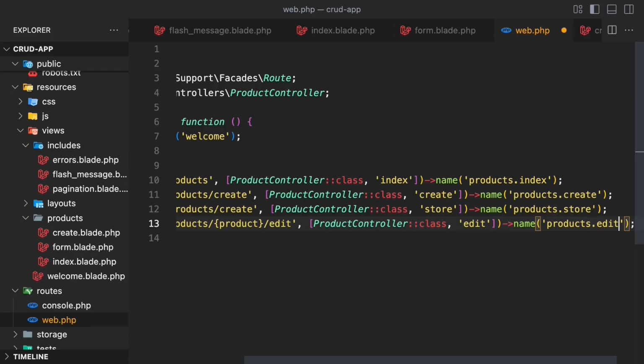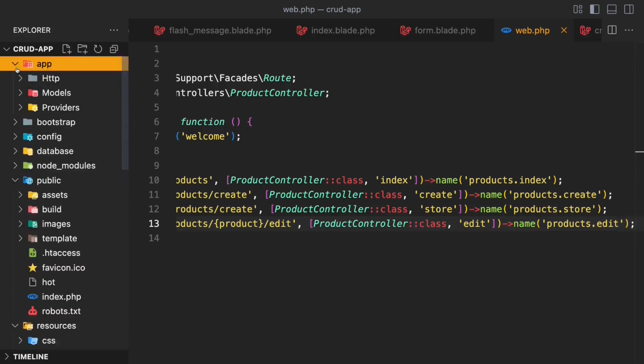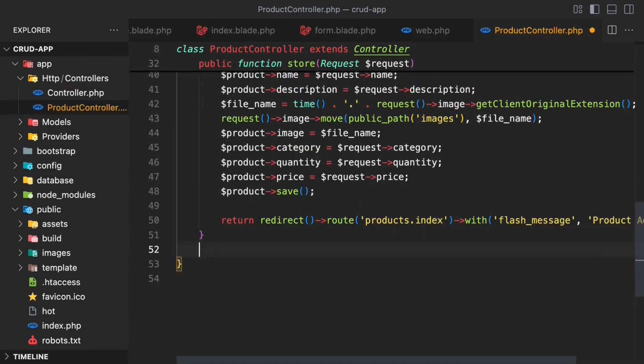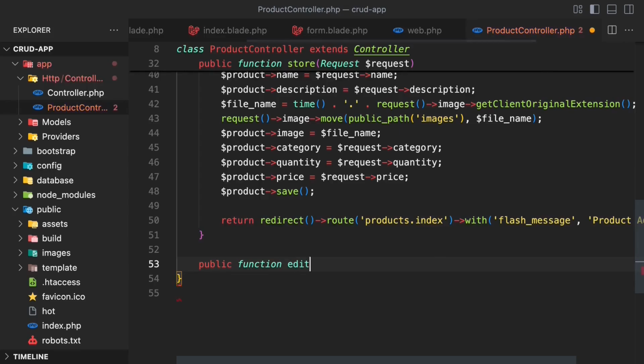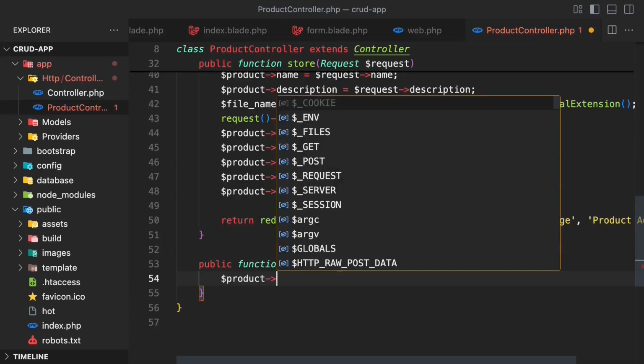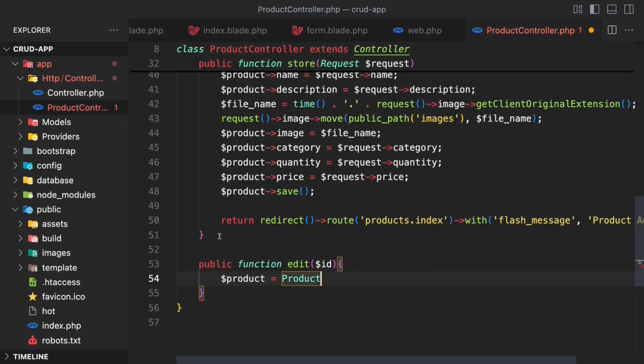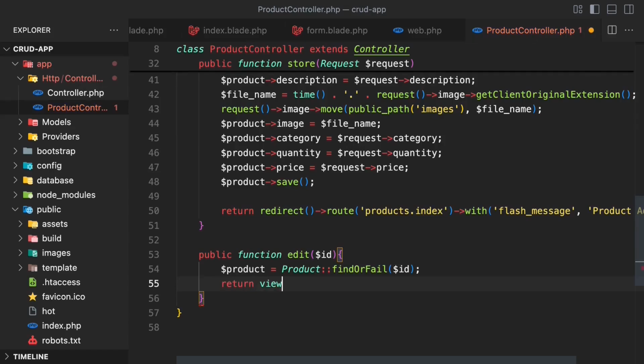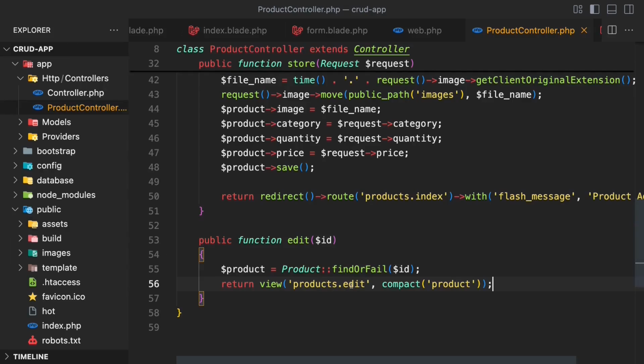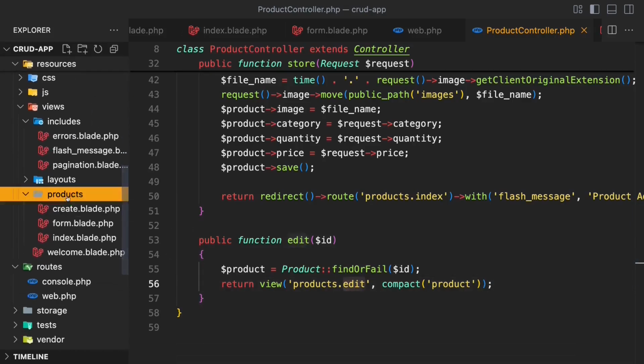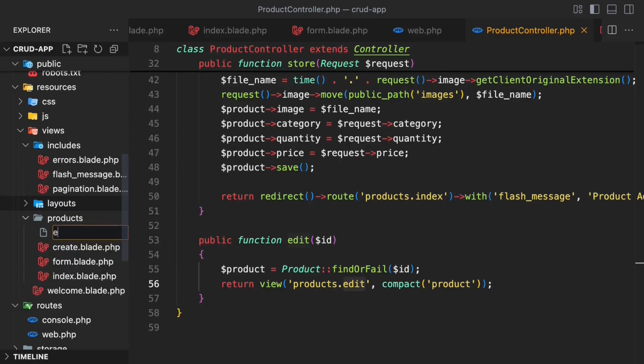We haven't created this edit function for the moment, so let's create this function by going on the product controller, and let me create a function called edit and passing id. Into this function, create a variable product, which will find a product with this id, and then we will return the view file from the product folder called edit with compact product. We haven't created that edit view, so we'll go on resources, on product, create a file called edit.blade.php,